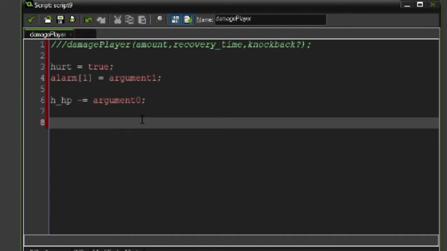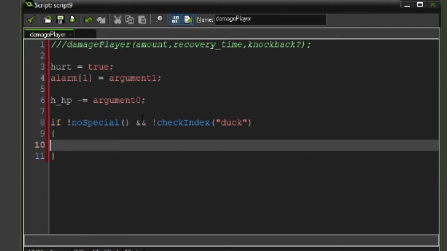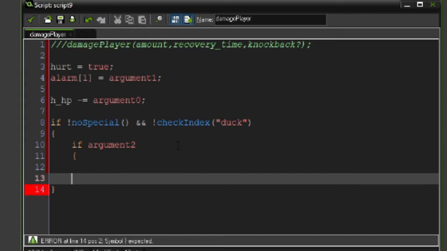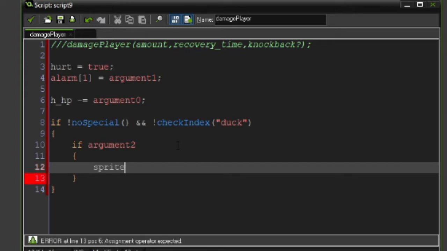So now we're going to say if no special, so basically at this point, if we are not animating the hurt sprite right now, so if no special, and we are not checking the index of duck, we're going to open and close some curly braces, and then we're going to say if argument 2, so basically, because argument 2 here is going to be a true or false statement, and these are both integer values here. So if argument 2 is true, we're going to assign a knockback sprite for now equal to